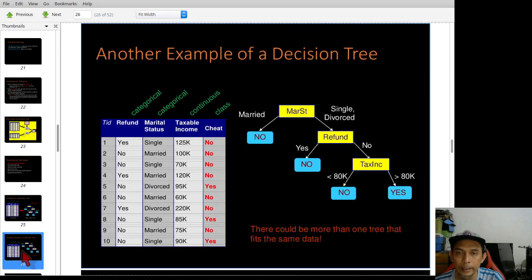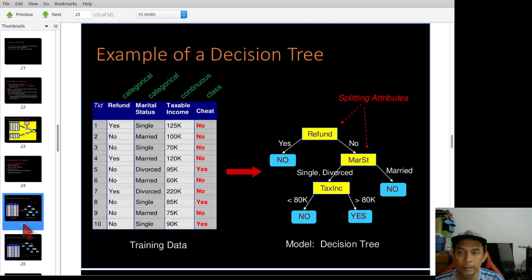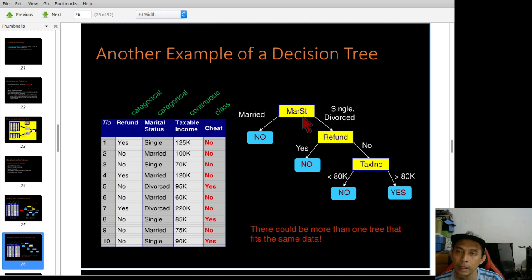Let's try another one. The same training data, but now you have another decision tree. Instead of starting with refund, now you start with marital status. If it is married, go to the left. If it is single or divorced, go to the right. And then the next splitting attribute is refund. You have yes and no, and then the last one is taxable income. Again, you have no and yes.